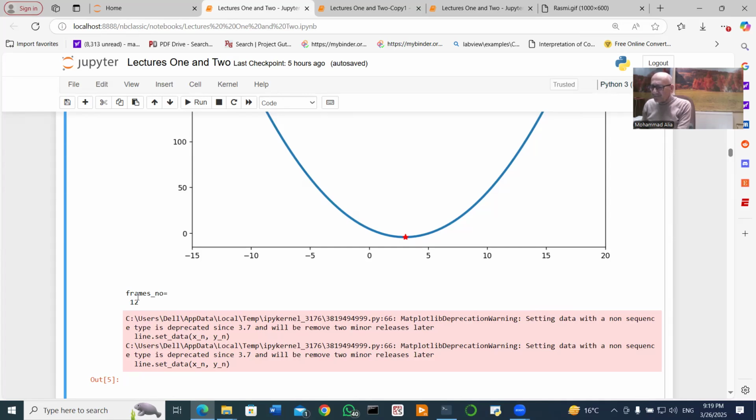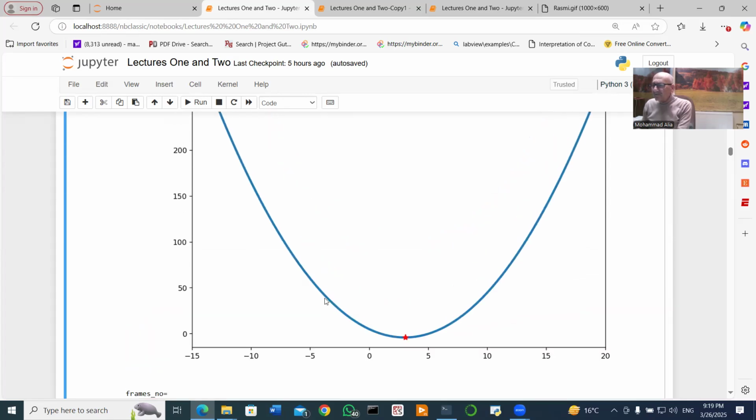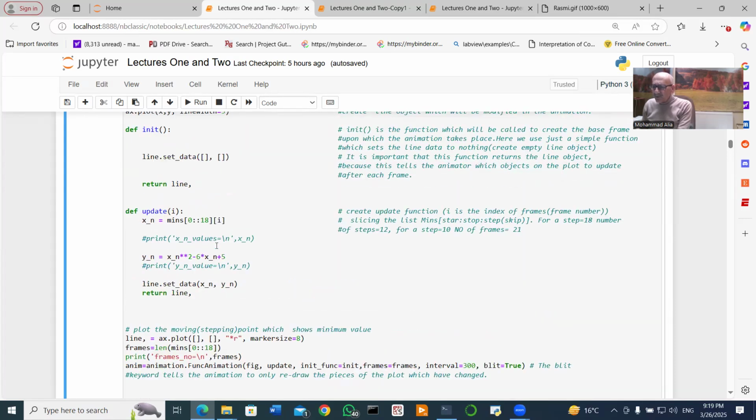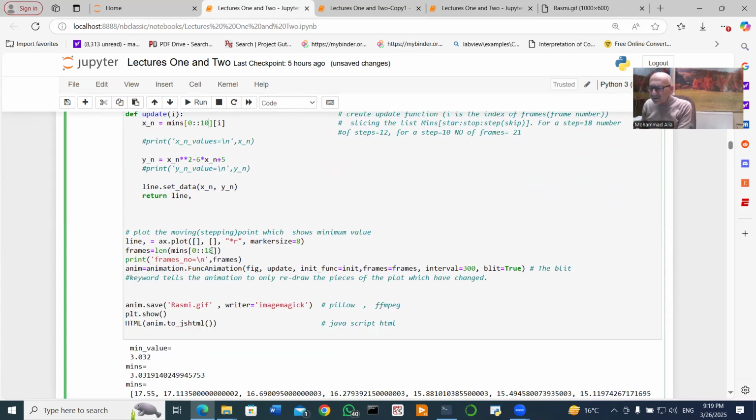It is approximated as 12 frames. You cannot divide the frame. So if you change the steps in the list, for example, from 18, let me say to 10. Here is 10 now. Of course, I have to change it also here, or it is sufficient there, I think. Now, if I run the program, there are 202 iterations divided by 10, it will be about 20. If you run the program,